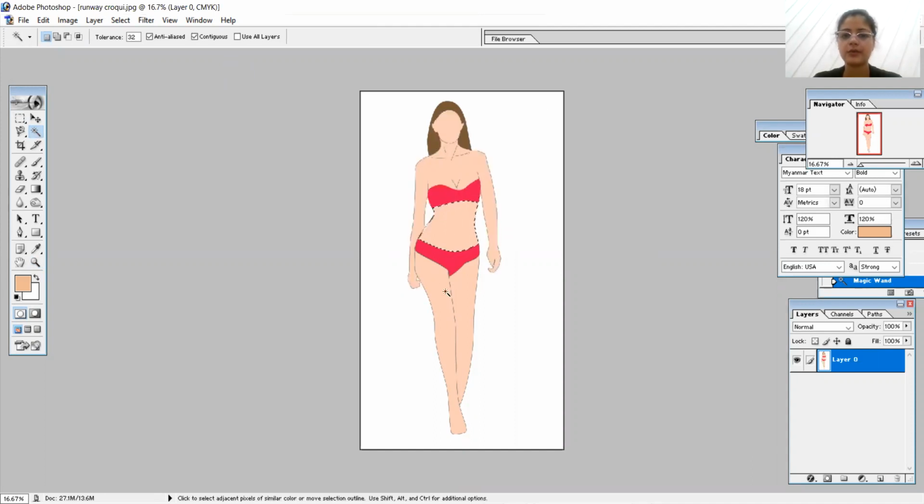Or else you can use this magnetic lasso tool. With this also we can do the selection, but we have to draw according to what shape or area we want to select, and it becomes quite difficult sometimes. Some points get left behind, the space sometimes left behind. So yeah, the magic wand tool is a very nice and easier tool to handle.